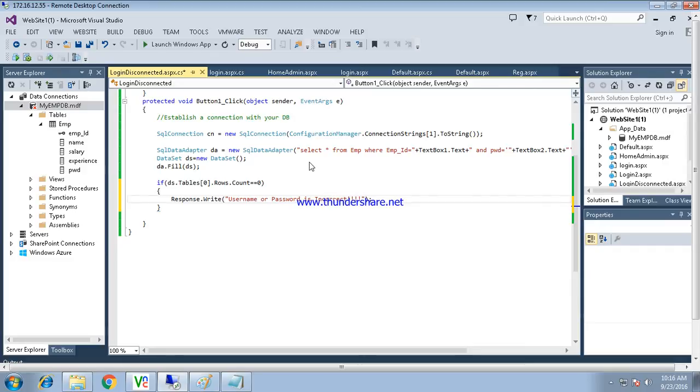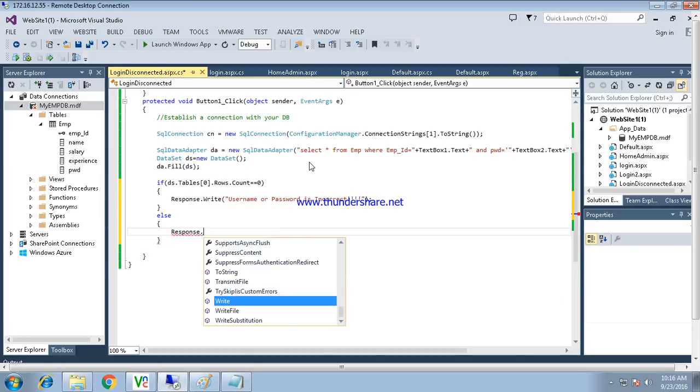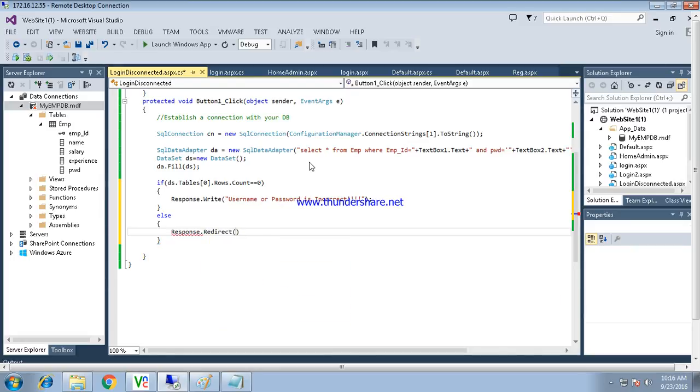And if the count is not 0, then I can redirect using Response.Redirect. The name of the page is HomeAdmin.aspx.